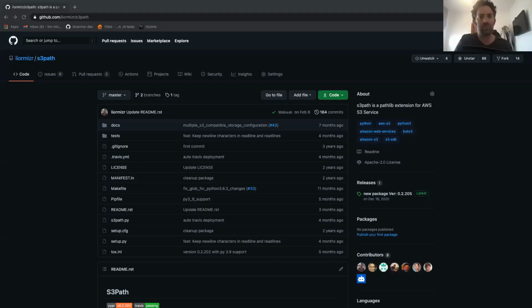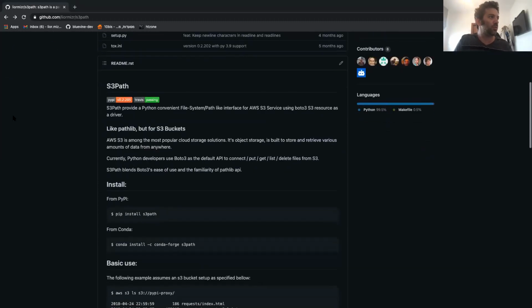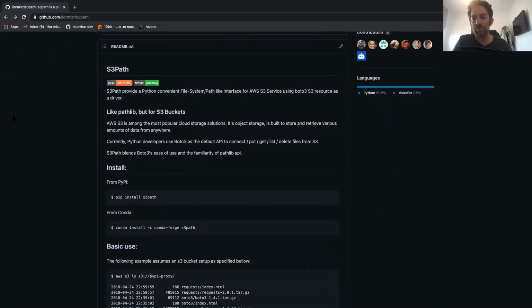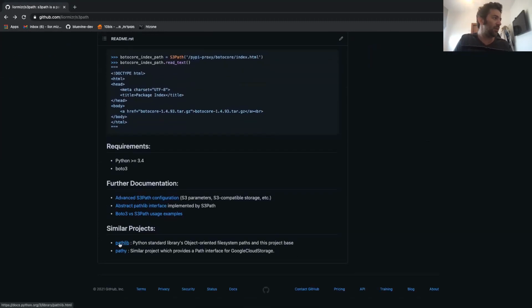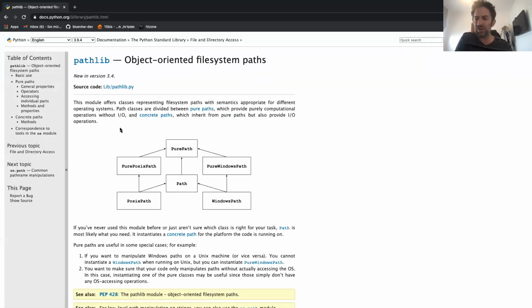Okay. So first, a couple of words on what s3path actually is. s3path is split between two projects. One project is the standard library pathlib. Do you know what pathlib is, or should I say a couple of words? Say a couple of words. I encountered it a couple of times. Usually it wasn't for the good.